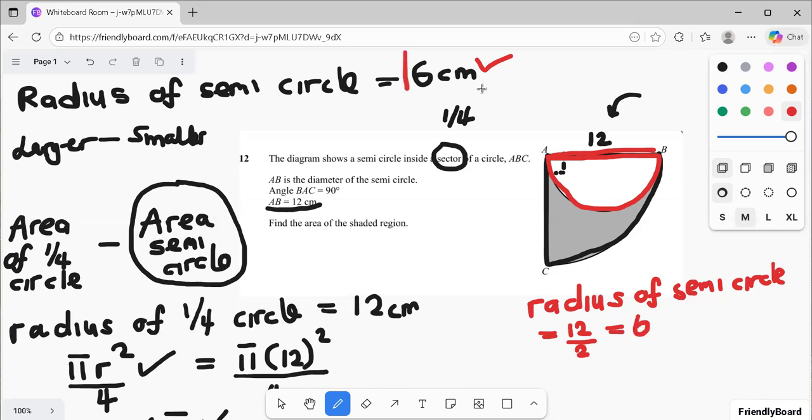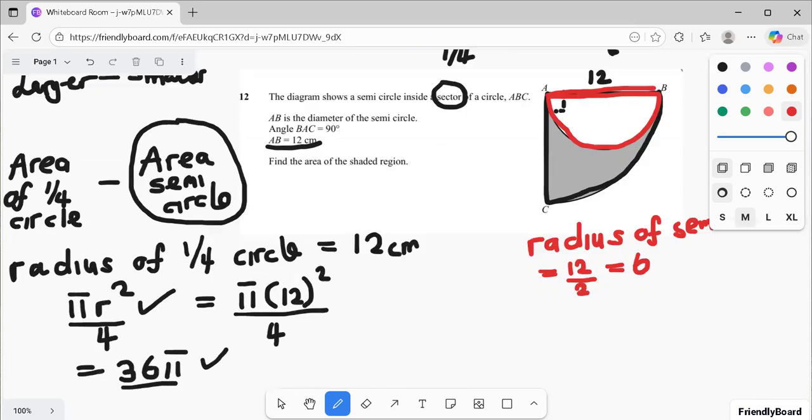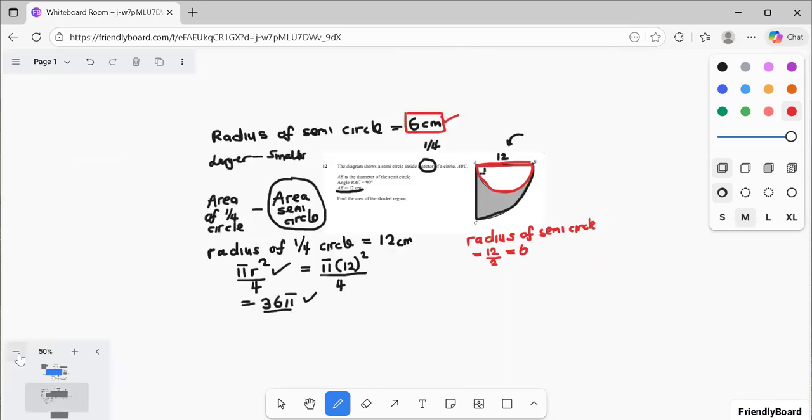I just had to repeat so that you understand where that 6 came from and why I had to divide by 2, because I need to find the radius. So I just needed to zoom in a little bit. Okay, so now that I have